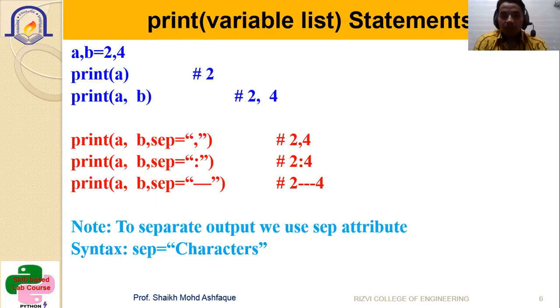Now look at the separator. Here is the print statement along with separators. So what is a separator? A separator is basically used to separate the output. If you want to separate the output, for that purpose the separator is used. For example, you want to display the output as 2 space 4 space 6, or as 2 comma 4 comma 6, or 2 colon 4 colon 6, etc. For that purpose, this is nothing but your separator. If you want to use separators, you can write sep is equal to the characters included inside double quotes. sep is basically the parameter we want to declare as the separator. Now we'll see an example so it will be more clear to you.